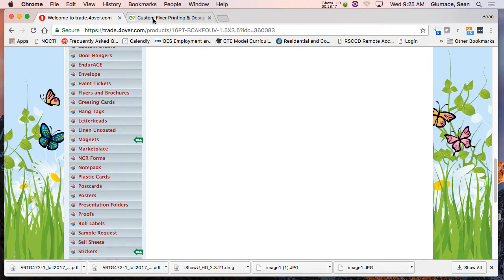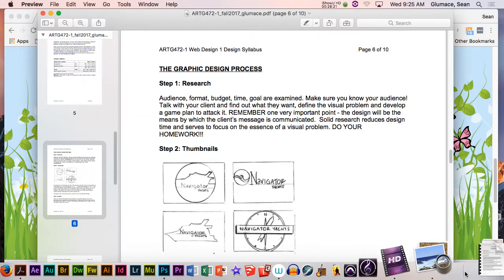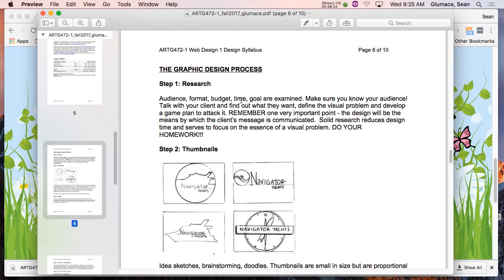So like I said, this is where, going back to the budget and the time and the goal, I'm sitting down with the client. So we know it's 8.5 by 11. Just as the project, let's say it's a restaurant. So it's a trifold, like Chinese restaurants. So it's going to have a menu on it. You're going to have everything on it. And so now we kind of know the format. We know the time. We know the budget. Now we really need to talk about what their goal and their audience is.